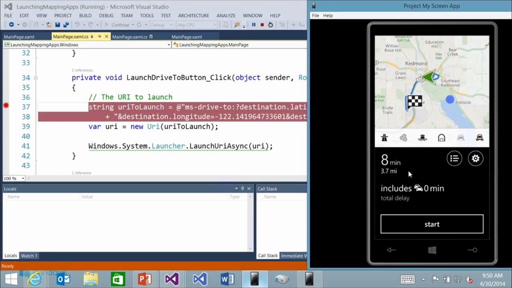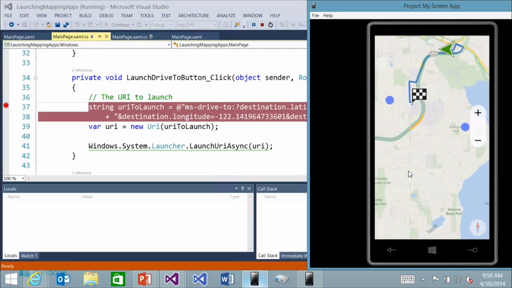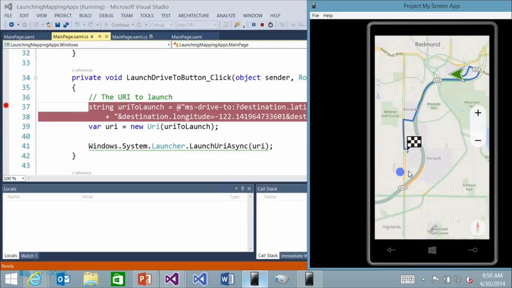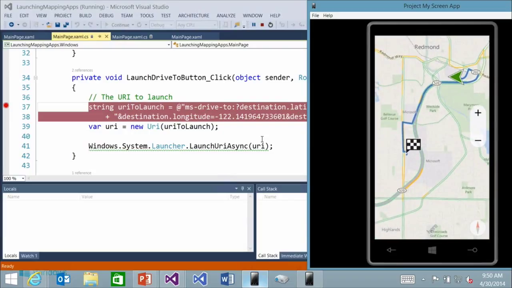Yeah, this is where we actually are, and this is driving directions to the Microsoft campus. Hey, look at us. Because we're actually in Redmond Town Center. Right. A little ways away. Right. But you can see we've got traffic on there, and I think we can actually turn that on or off. So we'll go back to our application,